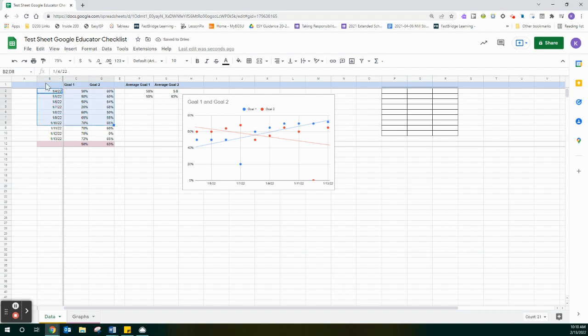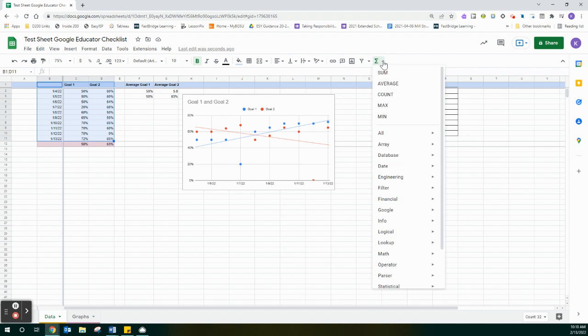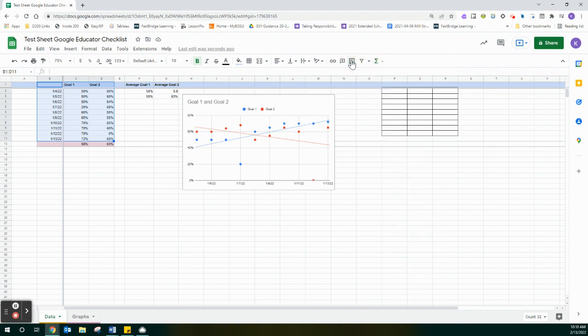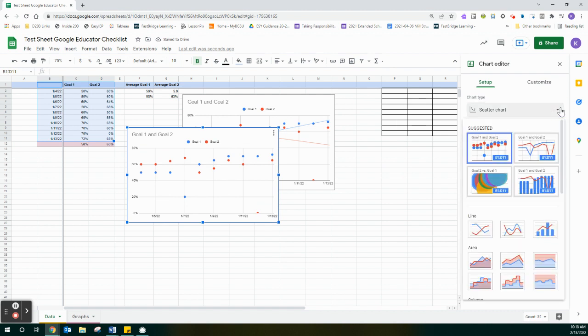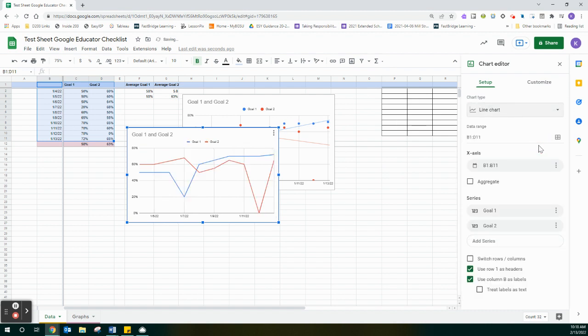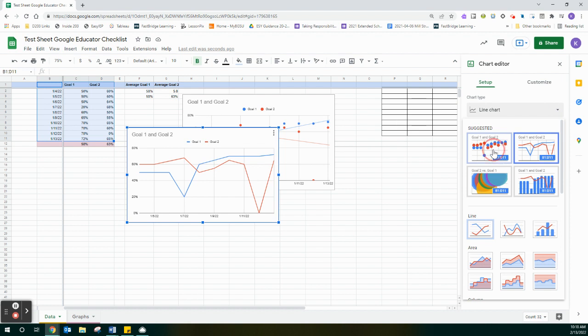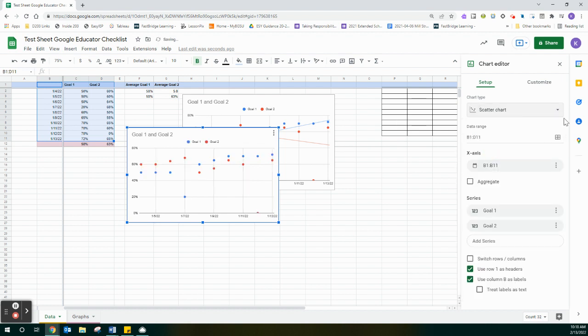But selecting the data first that I want to put in, and then, sorry, there's my scatter chart there. So at first I had done that. That kind of shows me the same thing a little bit, but doesn't really show me the trend line. So then the suggested for that, and then to get that trend line,